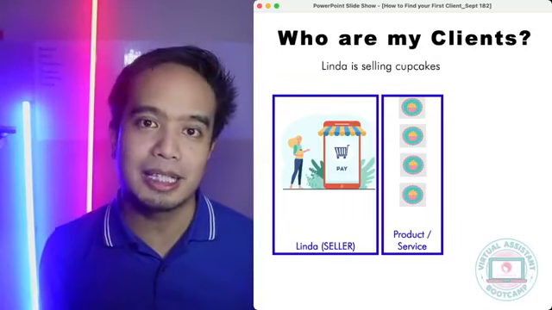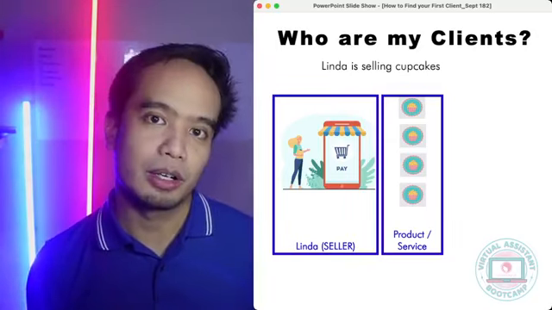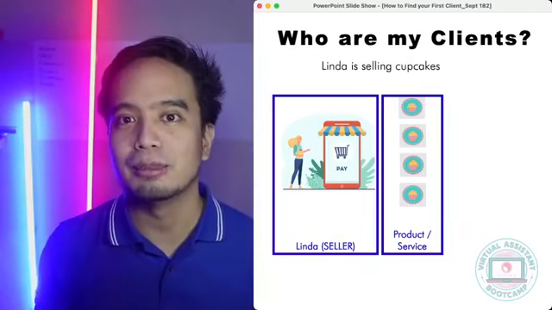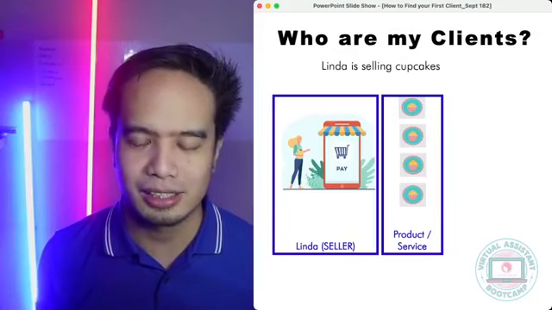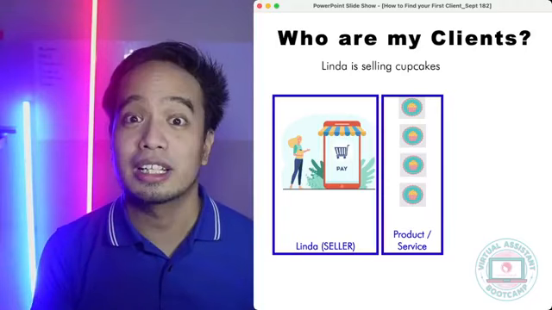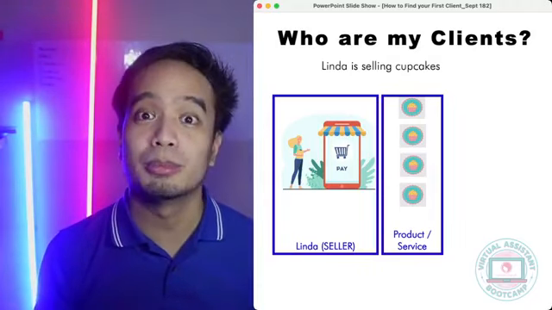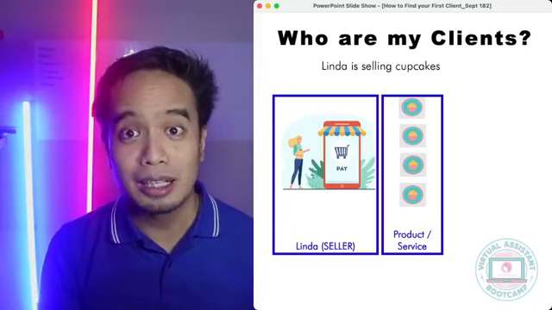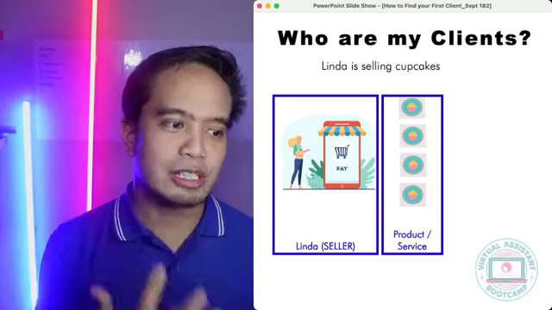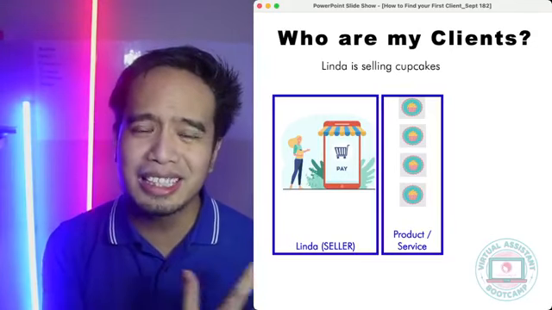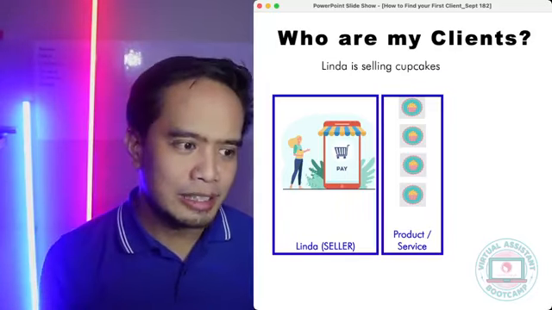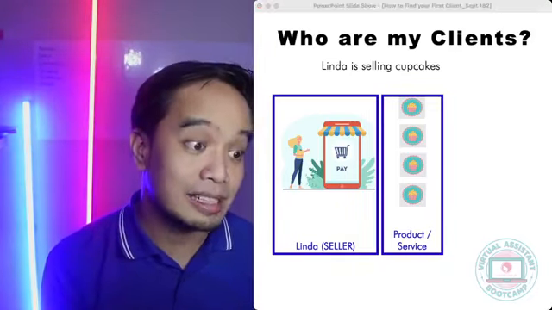And even if nasa Pilipinas ka, you can work for her because Facebook online lang. Yung mga Grab driver nasa cellphone lang, 'di ba? Or sa kanya Uber Eats sa US. Uso yung Uber Eats, DoorDash, mga ganun. Coordinate ka sa mga driver, nasa cellphone, ikaw nagbo-book ng mga driver. Okay lang kasi nasa cellphone mo lang. So you can do that from the Philippines. And she's gonna be paying you in dollars to help her out kasi hindi niya kaya. If she answers all the messages, ay hindi na siya makagawa ng cupcakes, 'di ba? So, gets niyo ba yung example natin?